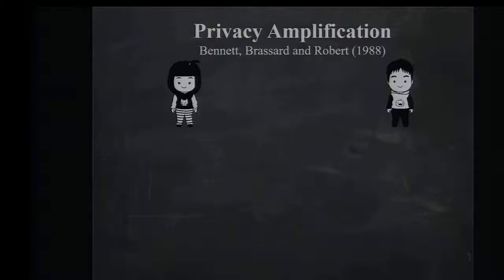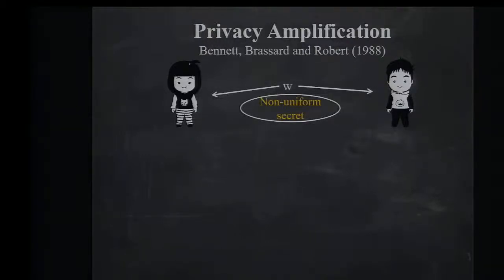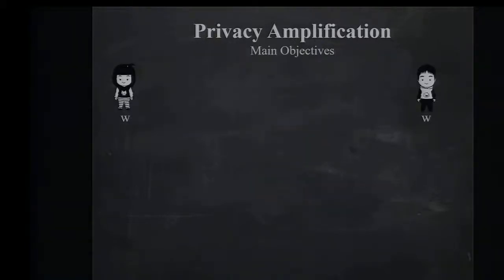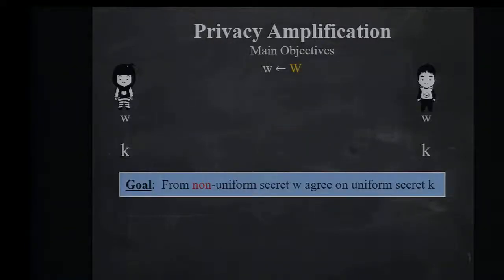It was a problem that was introduced by Bennett, Brassard and Robert in '88. You have 2 parties, Alice and Bob, who share a non-uniform secret, again something that has entropy, and their goal is to agree on a uniformly random secret key K, while communicating in the presence of a potentially active adversary. The original problem was defined with respect to passive adversaries. And your goal is to come up with a key that's as long as you possibly can,